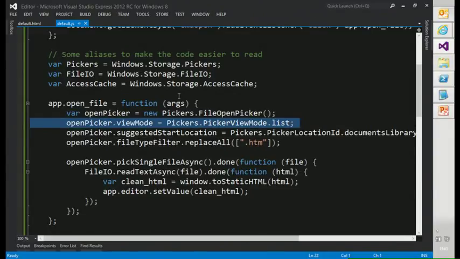Now I'm saying, hey, the view mode, give me a list of files. You can ask it to give you a list of pictures if that's what you want. Suggested start location is the documents library. So we've defined a bunch of convenience things that will automatically point you at the user's documents library, for example. I'm going to say, hey, what files do I want to open? I want to filter for HTML files. And now I do this. The first bunch of lines of code were probably pretty straightforward, just setting some properties on objects. Down here is where our